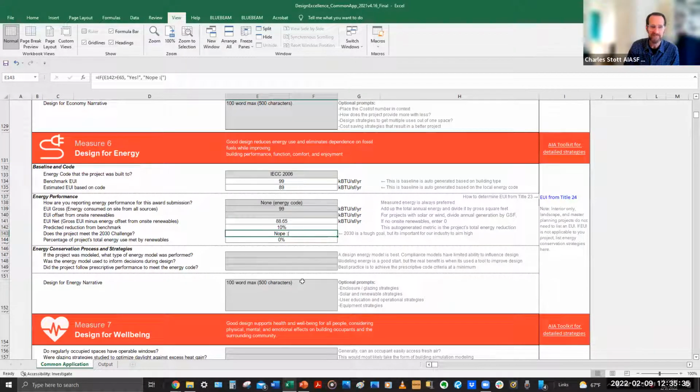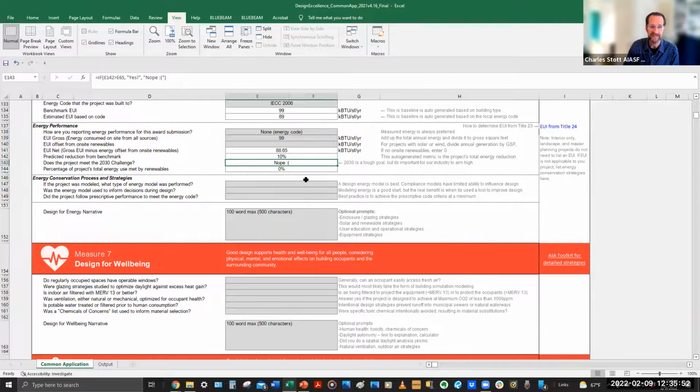This will tell you whether you meet that target or you miss that target. So again, just familiarizing you with the 2030 Commitment is our intent here. And certainly if you beat it, that's a good thing. But if you miss it, that's not the end of the world, especially if you were attempting to do something that was more energy efficient.